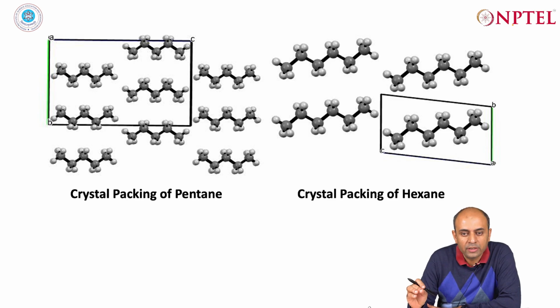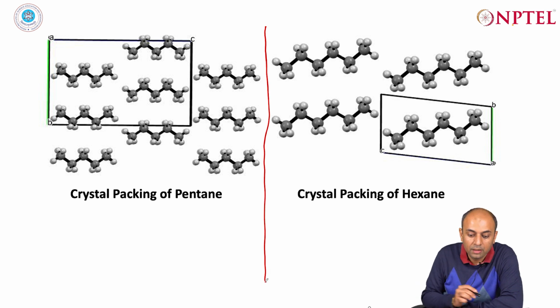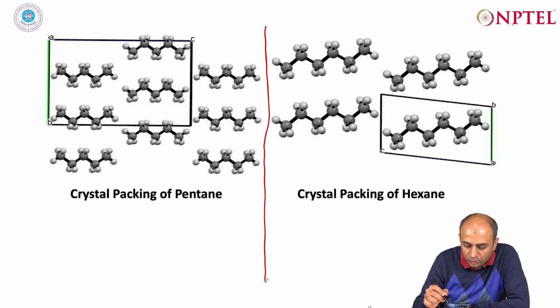Now let us continue our discussion. The next molecule we would like to look at is the crystal packing of pentane. So, we looked at the crystal packing of propane, we looked at the crystal packing of butane, and now we are looking at pentane. And in today's lecture we will try to now cover more examples,